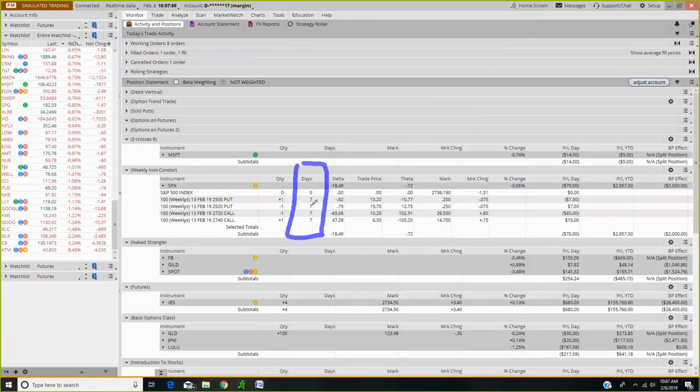How many days to expiration? And then you're going to go to your chart. So let's go ahead and go to our chart. So make sure you got those numbers down. The numbers are